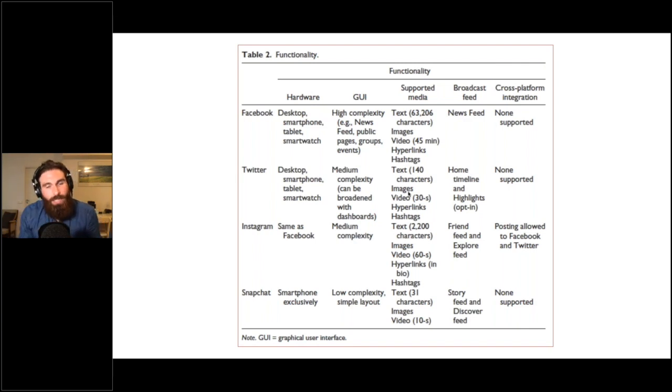And so these different lengths and constraints on what type of media is allowed matter. For example, on Instagram, you can't hyperlink, which really affects how campaigns can raise money because they can't put links into their posts. So these types of architectural features are what I'm getting at in the paper, and I'll provide some examples of this as we move along.